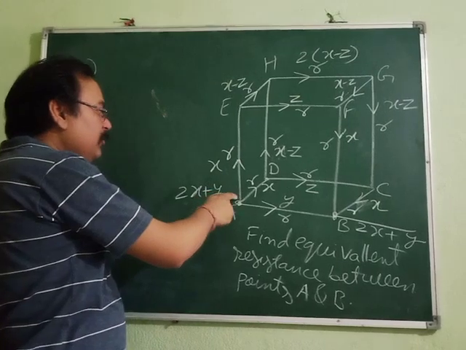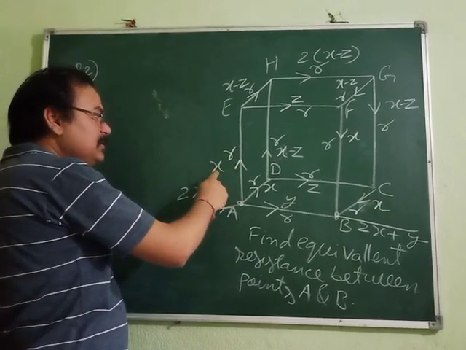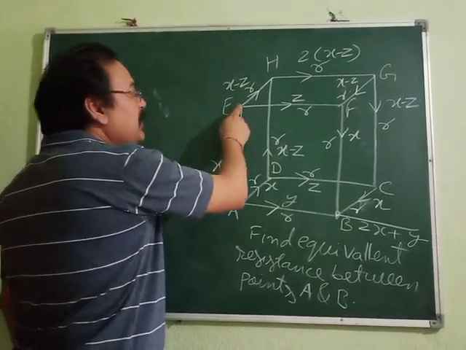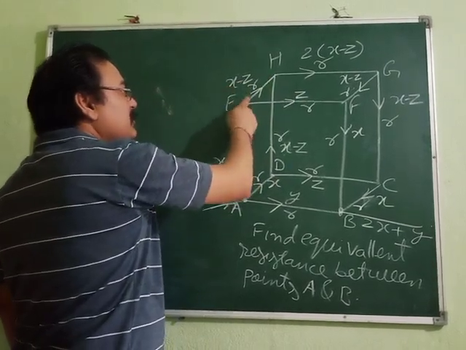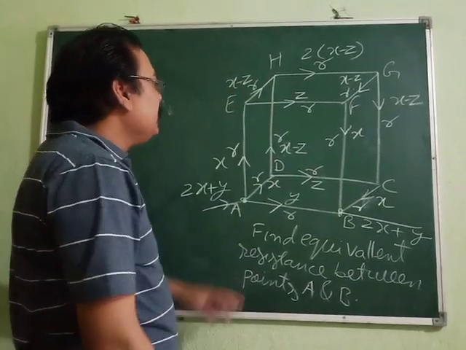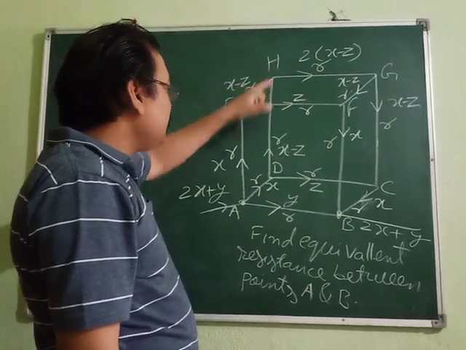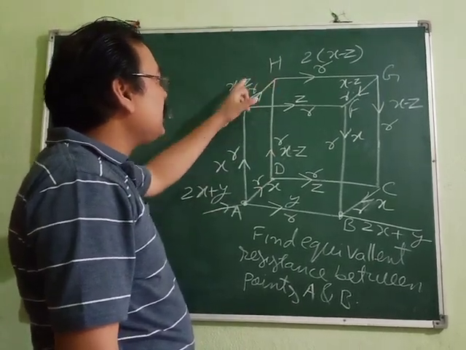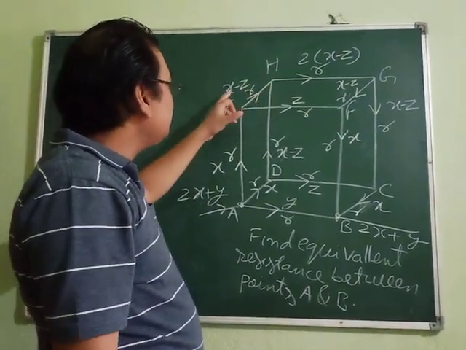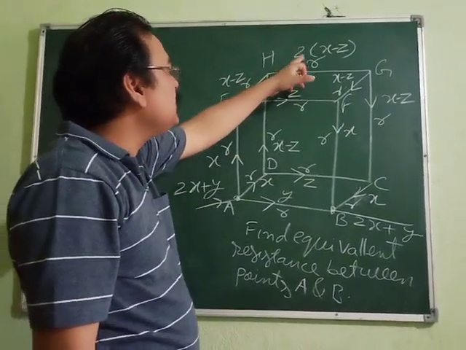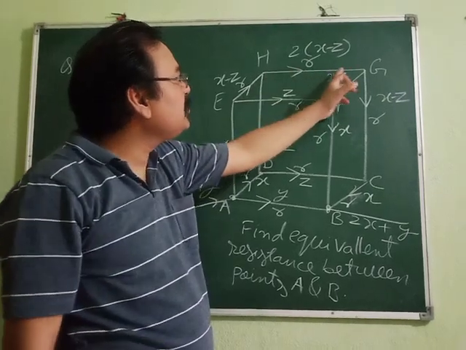Okay, now the same story here. X is going through this path, reaches here, it gets divided, again Z is going through this path, so the remaining is how much? X minus Z goes through this path. X minus Z is reaching this terminal and x minus Z is reaching this terminal, both are getting added according to the junction rule. So total will be how much? X minus Z plus x minus Z is twice of x minus Z, that is going through this path.